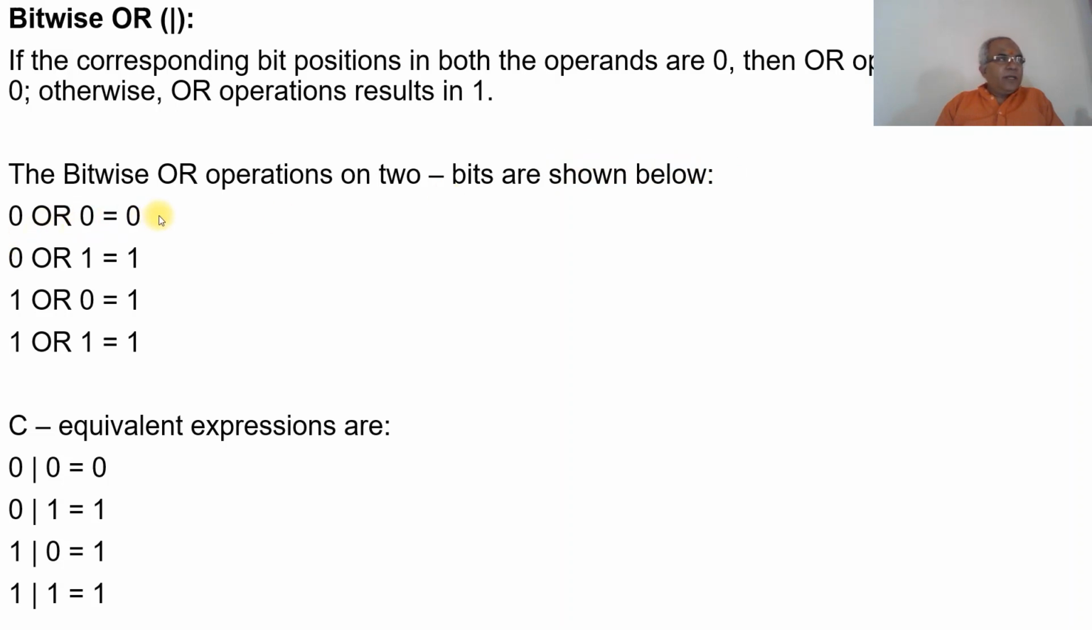0 OR 0 will be equal to 0. 0 OR 1 will be equal to 1. 1 OR 0 equals 1. And 1 OR 1 equals 1. So the C equivalent expressions are